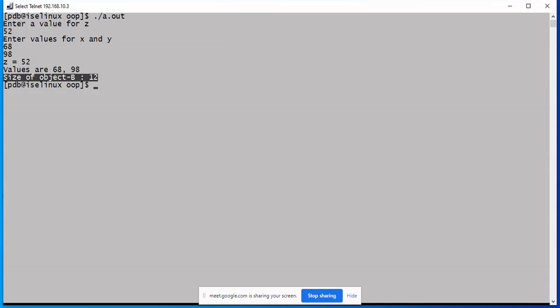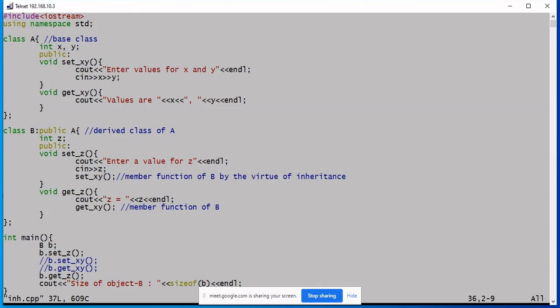See this last line, it says size of object of type B is 12 bytes, which means that though you cannot access private members in your base class, they are part of your object of derived class. You can access them, but only through the member function of base class. That is the meaning.